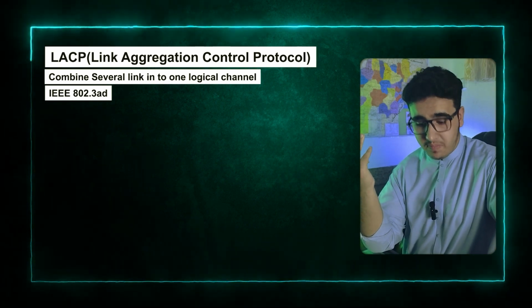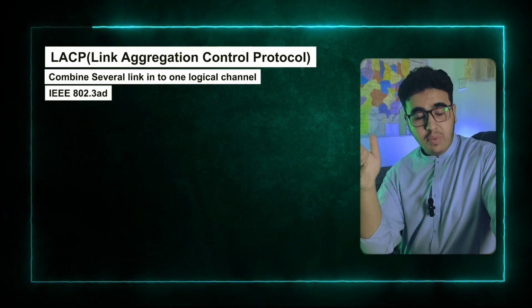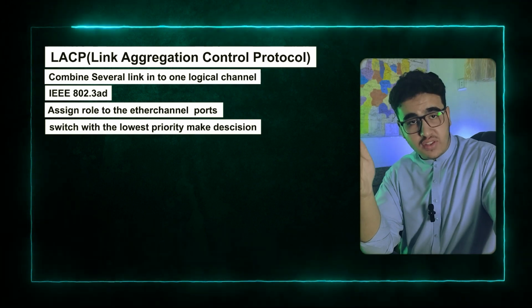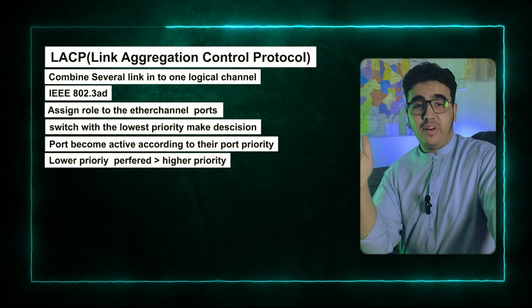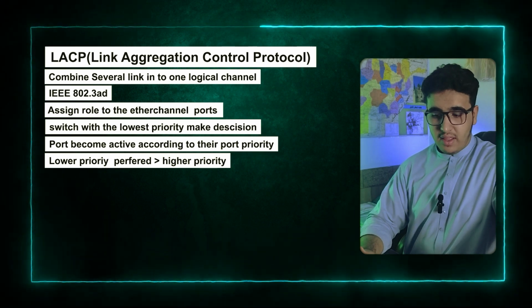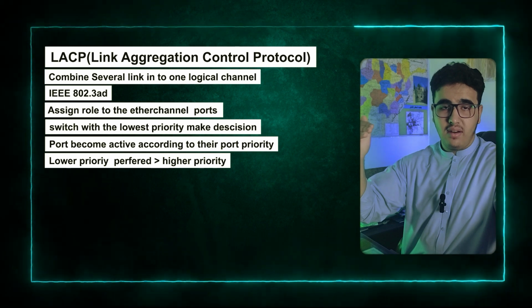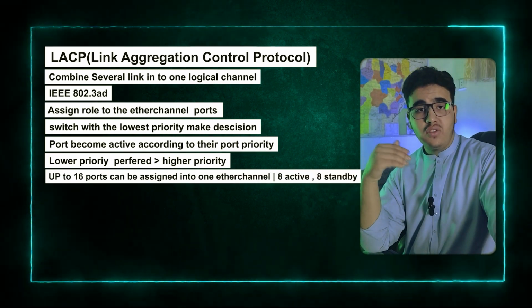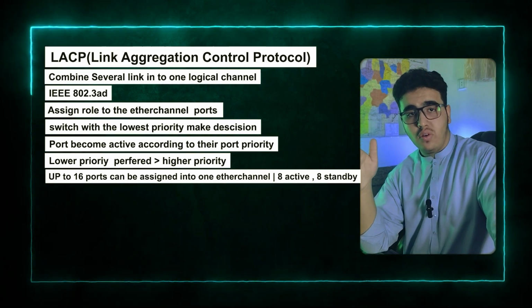802.3ad protocol. LACP control packets are exchanged between switches over EtherChannel-capable ports. LACP assigns roles to the EtherChannel ports. The switch with the lowest priority is allowed to make decisions or become active, according to their port priority. The lower priority number means higher priority. It feels a little bit confusing, but the lower the priority number is, the more that port is preferred, and that port is considered to have a higher priority. Commonly, up to 16 ports can be assigned to one EtherChannel, of which 8 physical ports are active, and 8 ports are